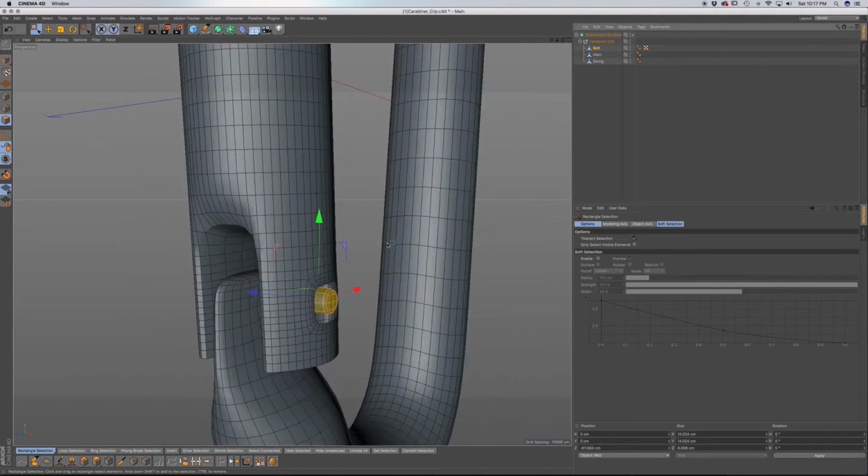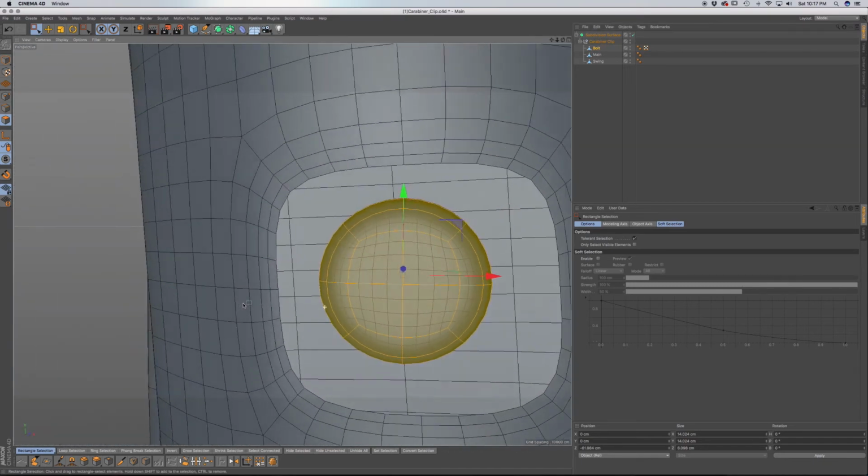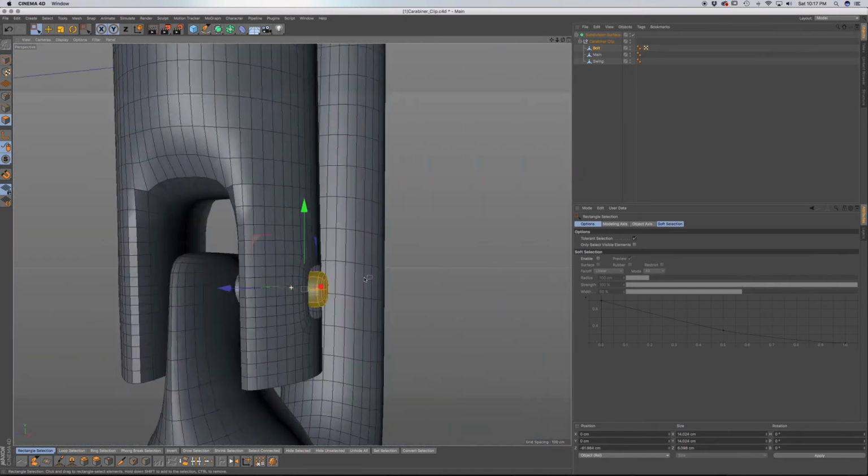Let's go to subdivision surface, and I'm not liking